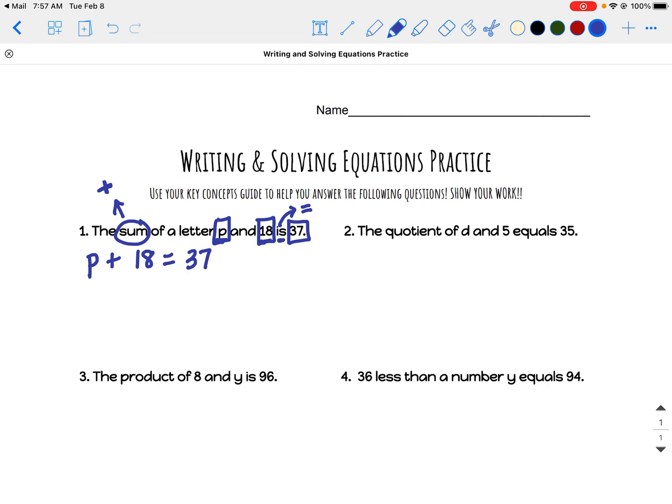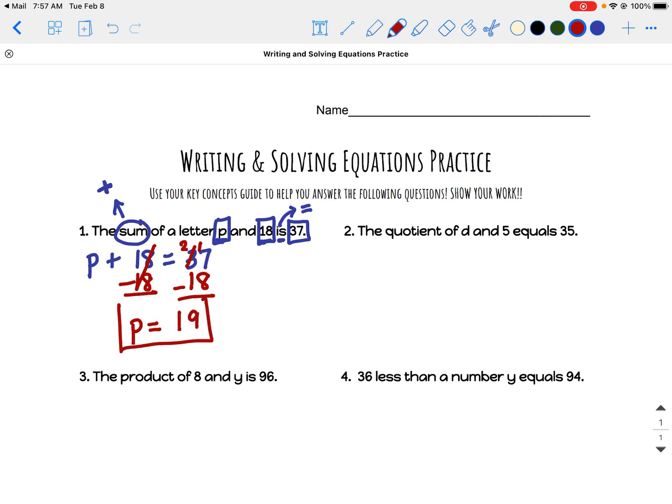Now remember, when we solve, we always use inverse operations. We do the opposite to get rid of something, right? So some number plus 18 is 37. What am I going to do? I'm going to do the opposite to isolate P to get P by itself. So what's the opposite of plus 18? It's minus 18. And now what I'm left with is P equals, I'm going to do the math here,